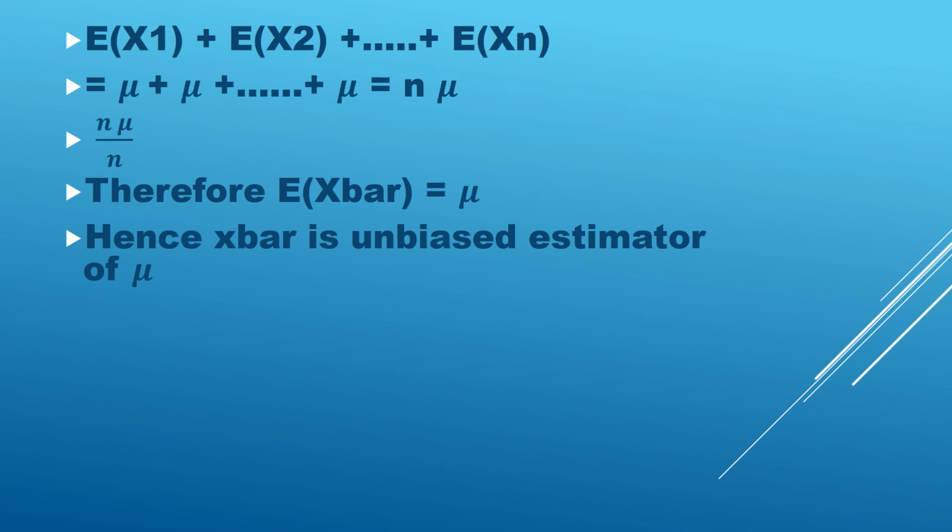The expected value of x1, the expected value of x2, plus all the way to the expected value of xn is equal to mu plus all the way to plus mu, which is the same as n mu. Then we take n mu